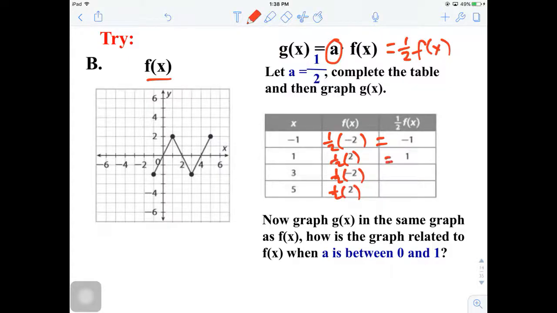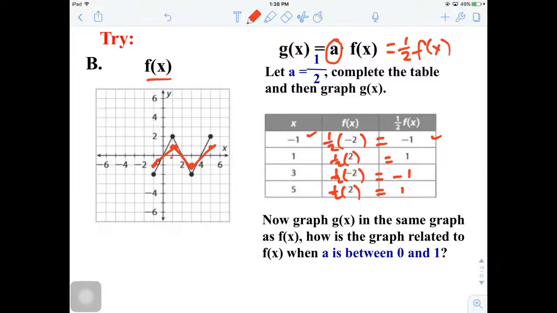So that's going to be 1, and here is going to be negative 1 and 1 again. So here we have the new points, negative 1, negative 1, and then 1, 1, and then 3, negative 1, and then 5, 1. So if we connect those points again following the same shape, you will see that the